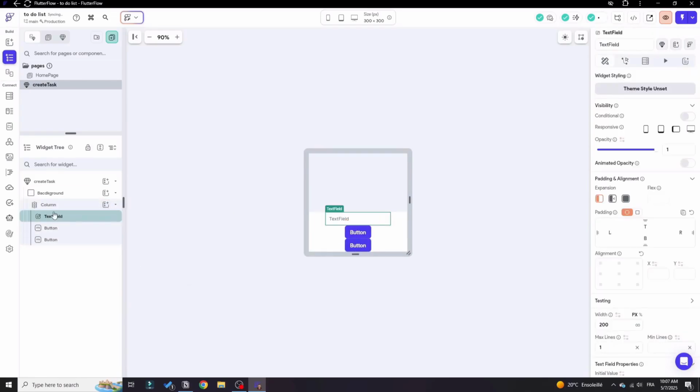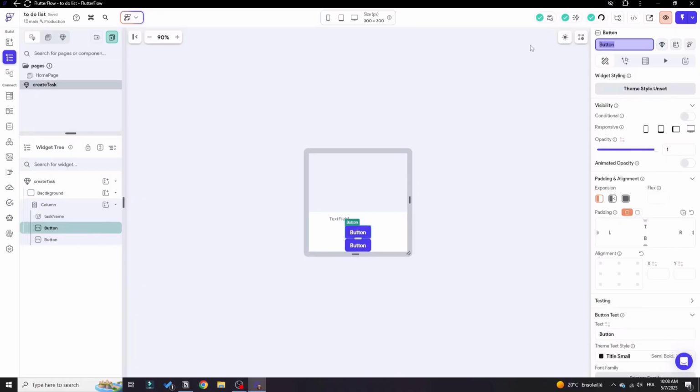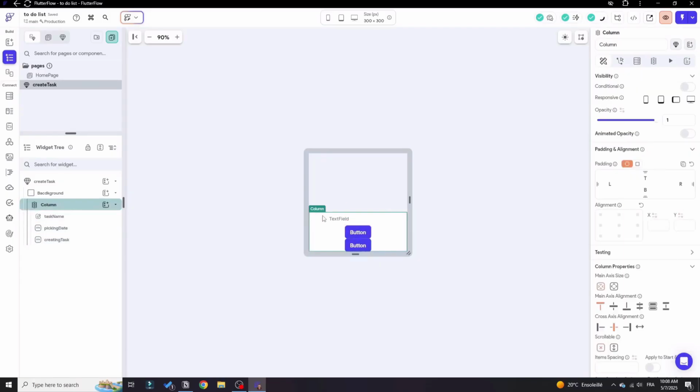All right. This one will be for what? Which will be for task name, and the other button is going to be for picking date, and this one is creating task. All right. Good. So now for the column, as usual, whenever you have a column inside the container, we want